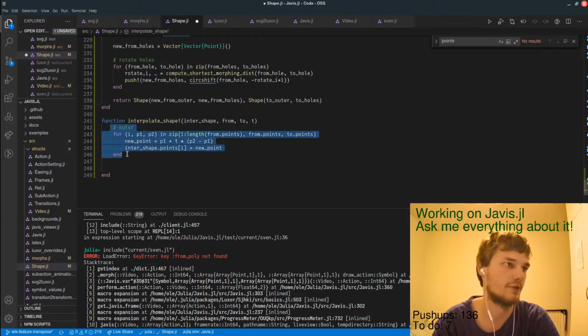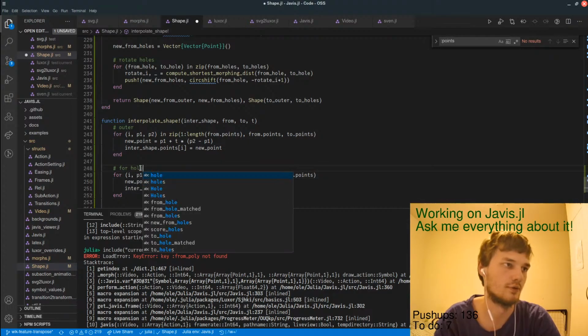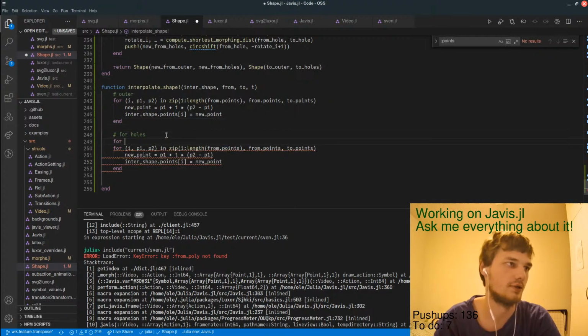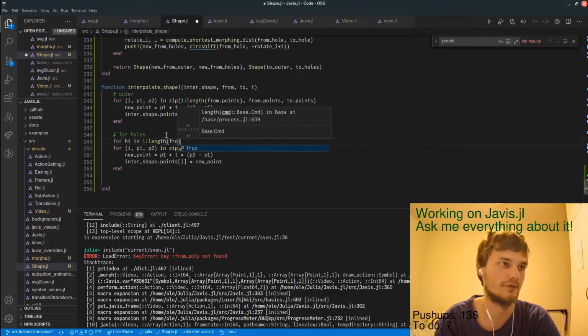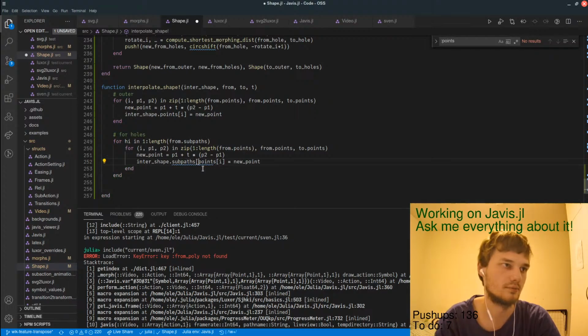And then we do the same thing for the holes. For holes, we have for just the whole counter in 1 to lengths of from subpass hi dot points.